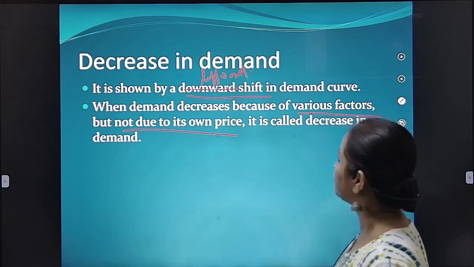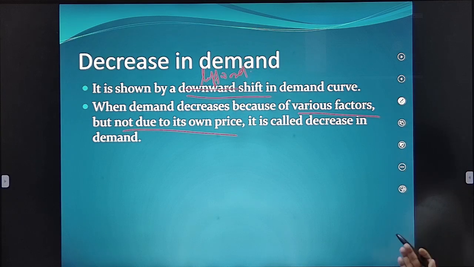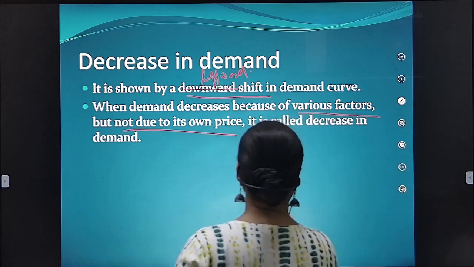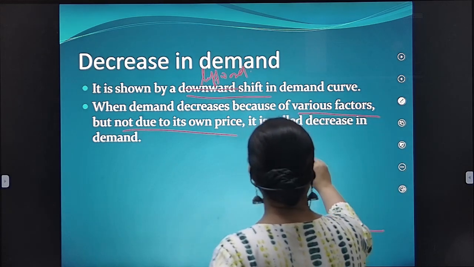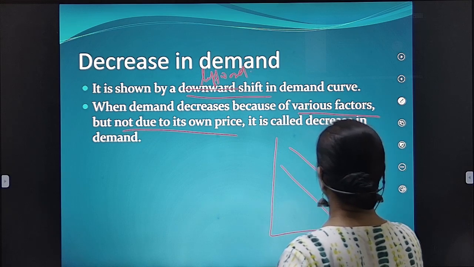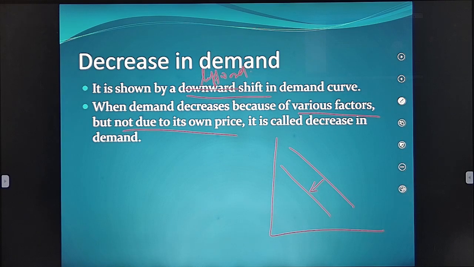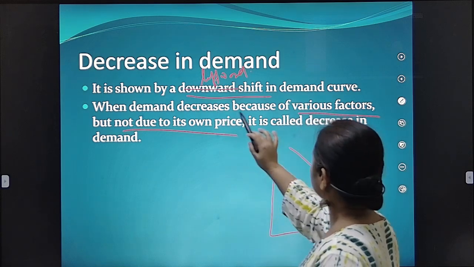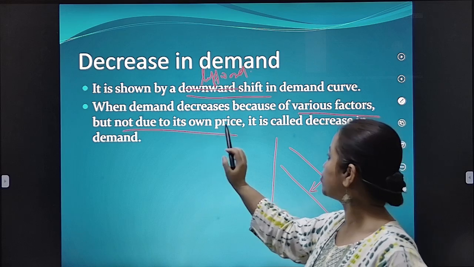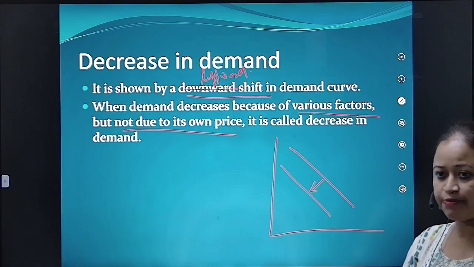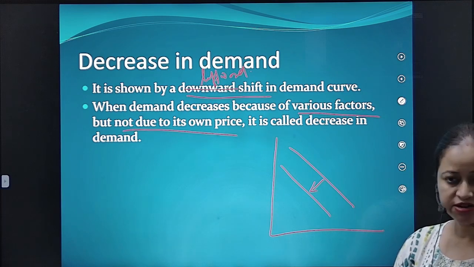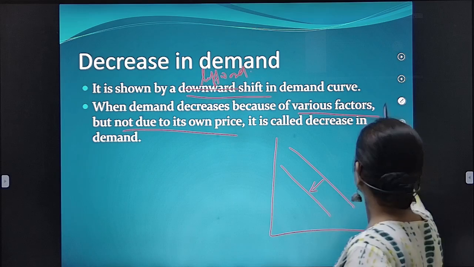Okay? So it is shown by leftward shift in demand curve. Left side में आपका shift करेगा. Okay? So left side में आपका shift करेगा. ये पहले का ये demand curve है, फिर ऐसा demand curve will go this side. So you can see here when demand decreases because of various factors but not due to its own price, it is called decrease in demand. Am I clear to everyone now? Is it clear to everyone? Okay. So,